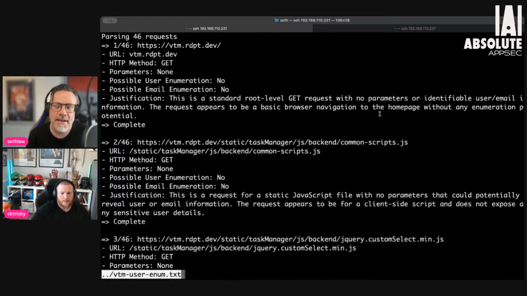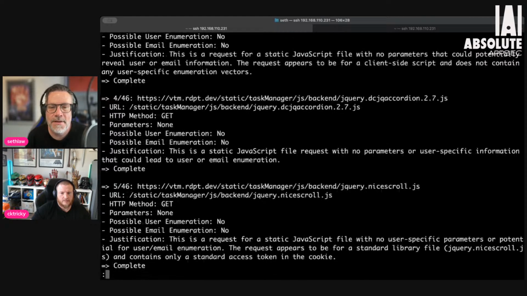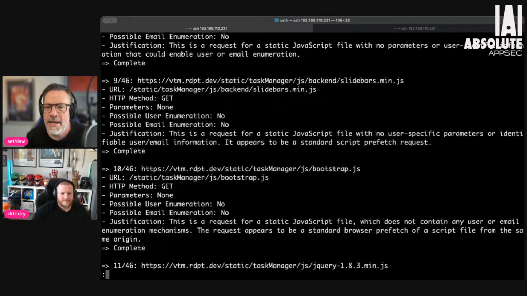Okay, so this is the content. And can you see that now? Yeah, sure. It's actually showing it. So you'll see initially it's just the JavaScript output, those requests that are being made.